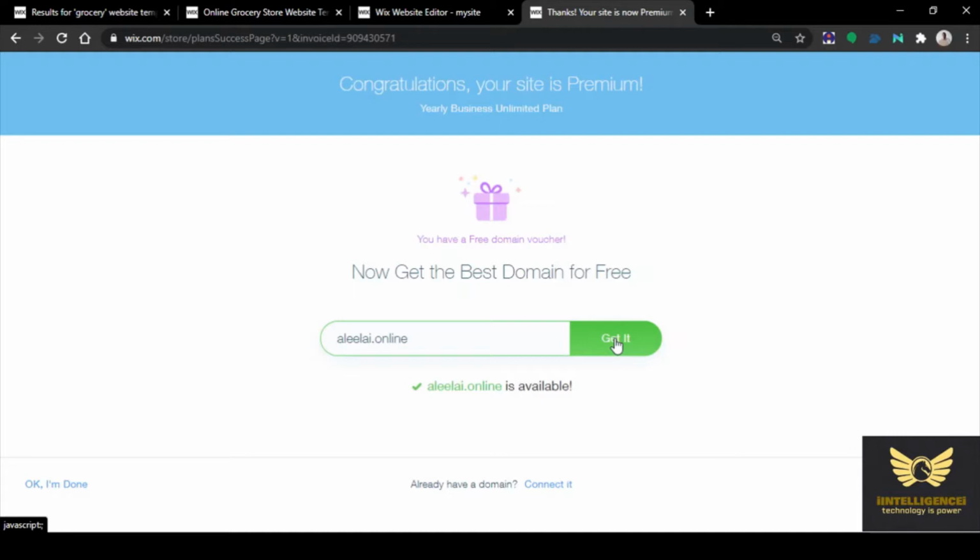This website name is allelite.online. It is available. If it is not available, it will display that it is not available. So you have to go for another option, either allelite.org or .in or some other name.